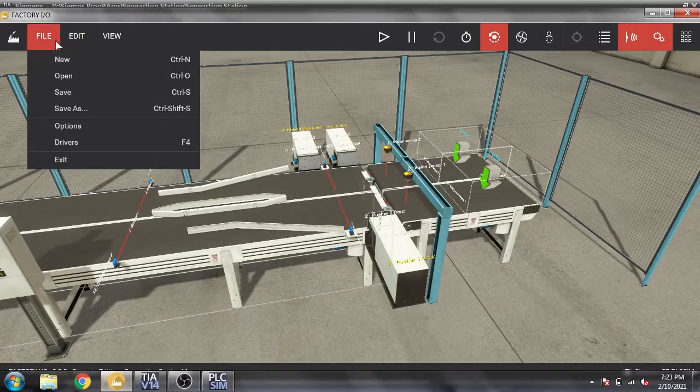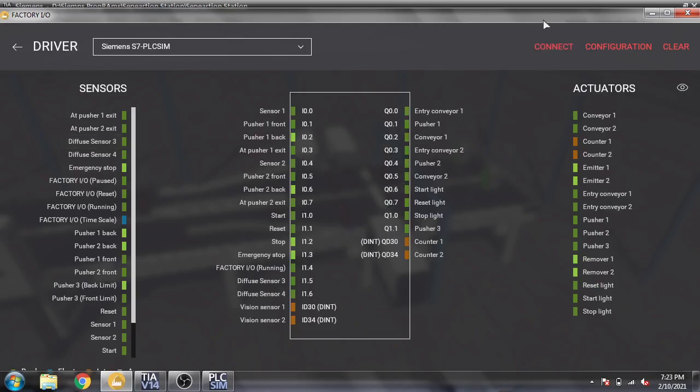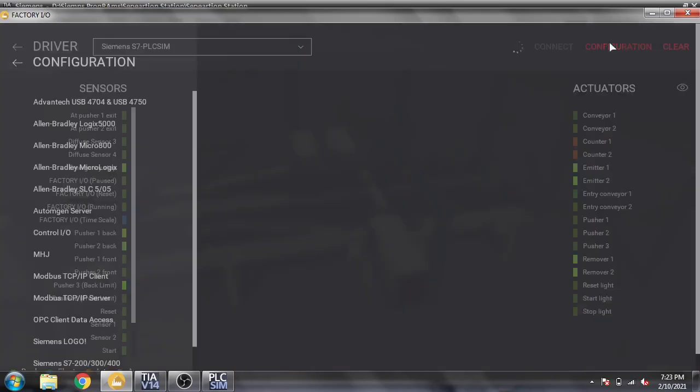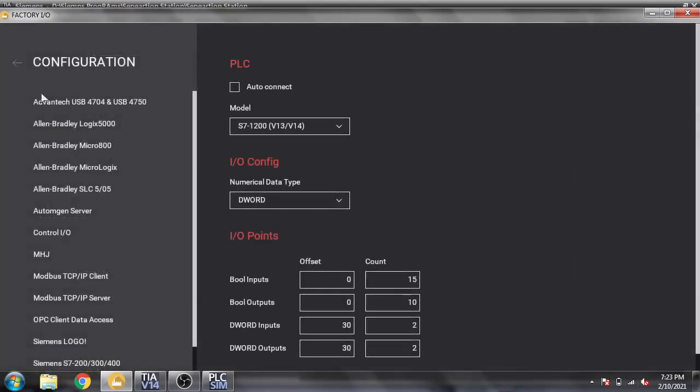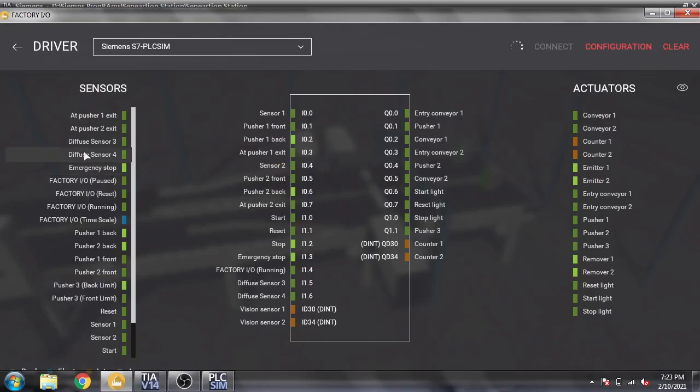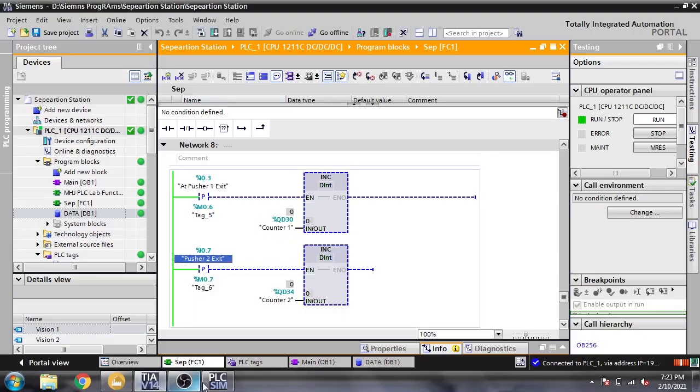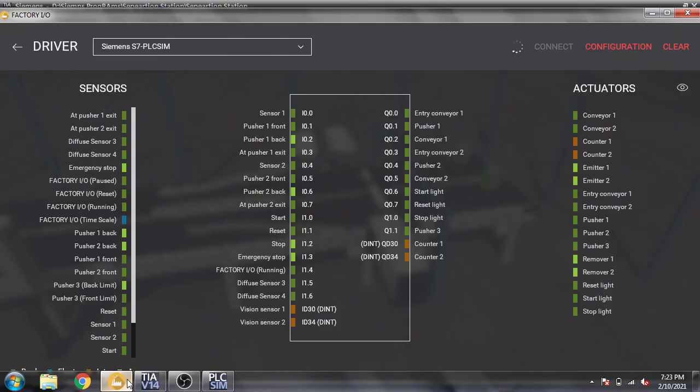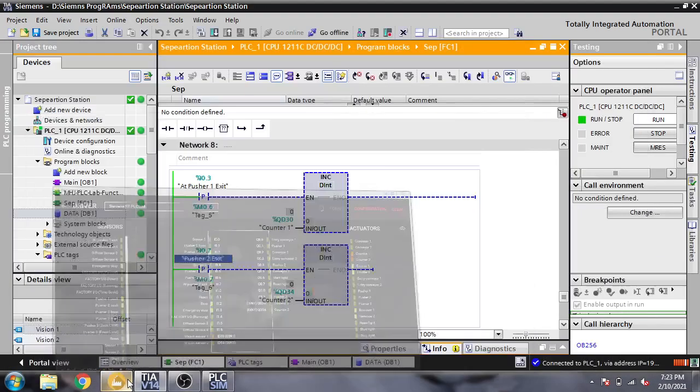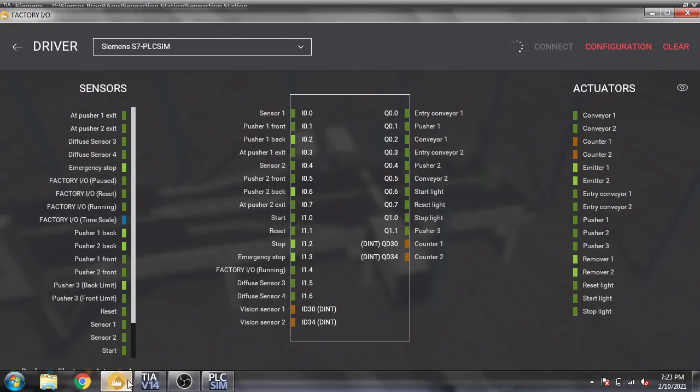So I think that's it. I am going to start a driver and connect it. Configuration, everything is okay. It takes time to connect.